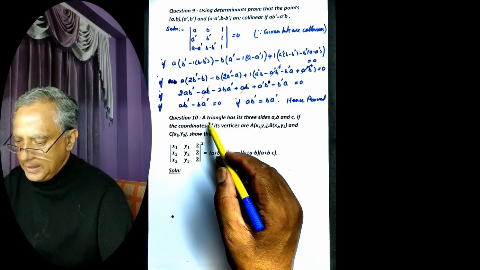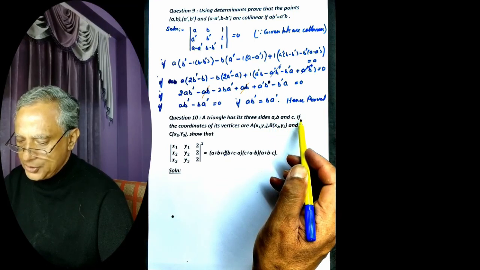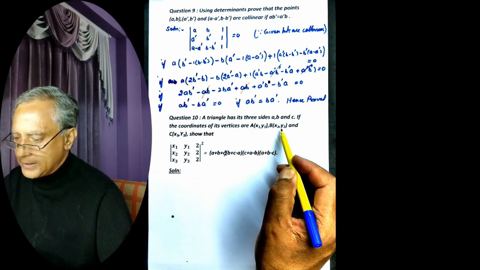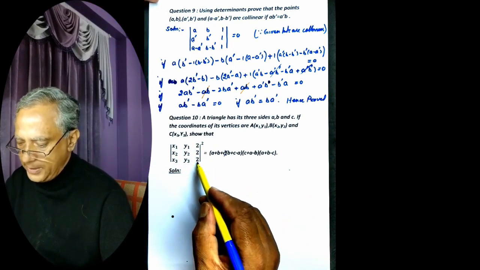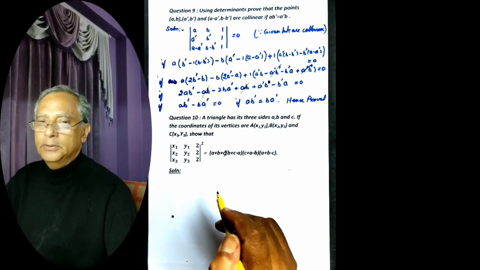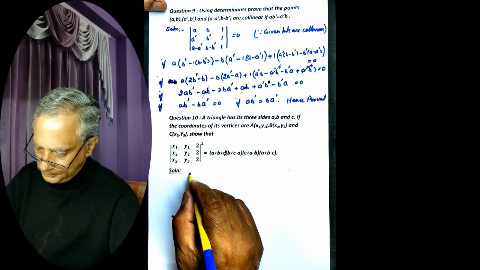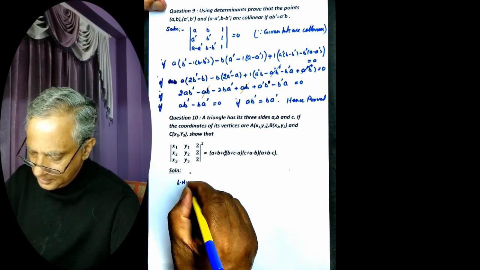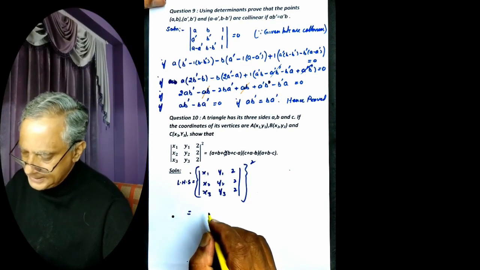Now the next question is, a triangle has its three sides A, B and C. If the coordinates of its vertices are A(x1, y1), B(x2, y2) and C(x3, y3), show that this determinant is equal to A plus B plus C into this. So what we do is, we write left hand side is equal to, this is left hand side, and we can write this as,